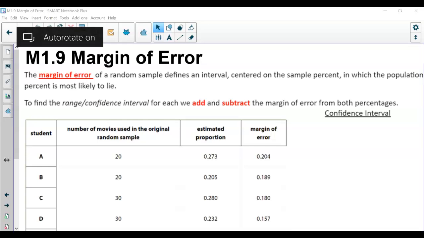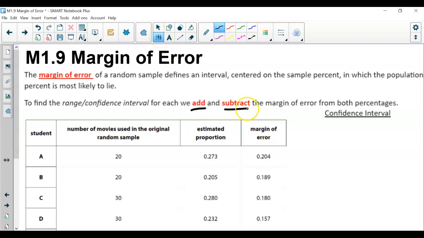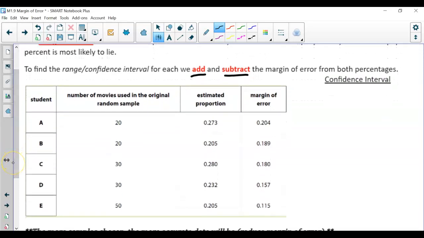In this lesson, we're talking about the idea of margin of error, which is the section here. We could talk about an interval that's created where the population percentage is most likely to lie within. So again, we're creating this range or confidence interval with the margin of error by just adding and subtracting the margin of error. So like for example here, we have this sample here of 20 number of movies used in